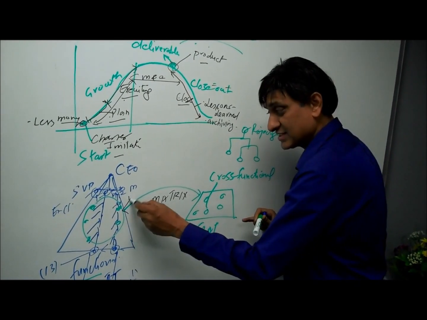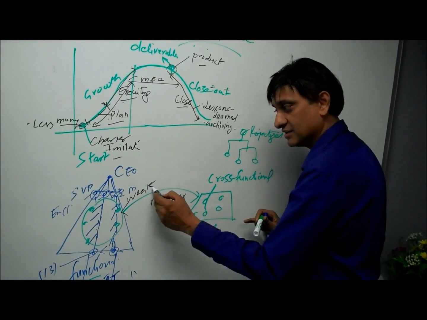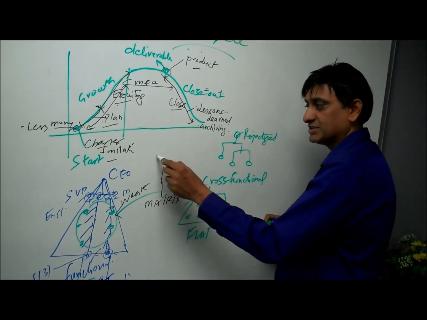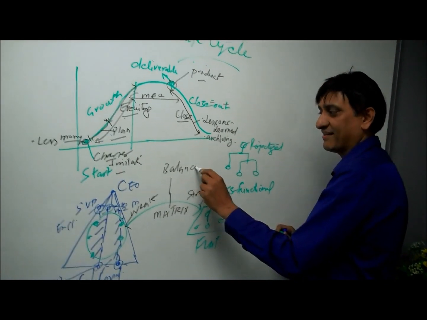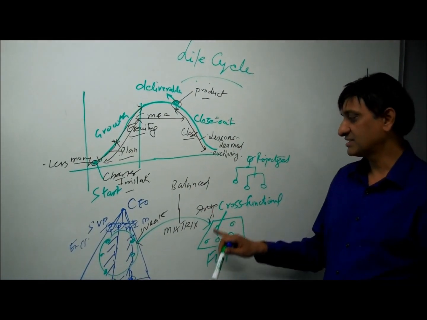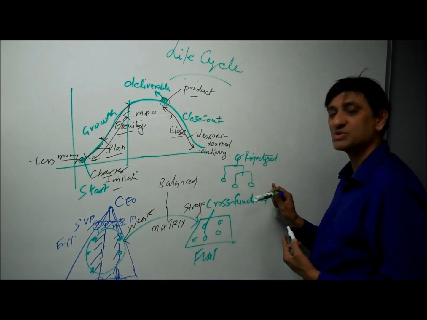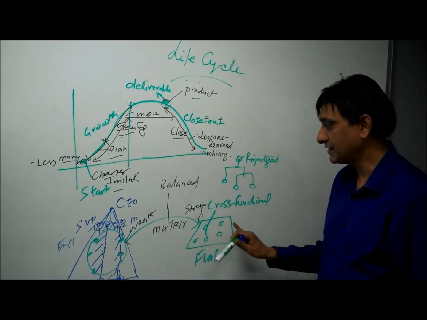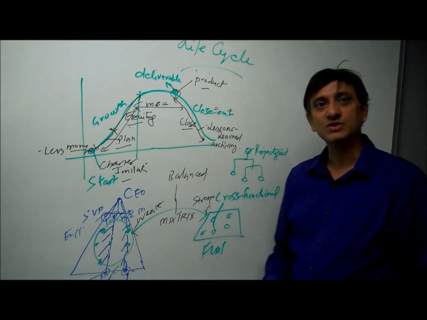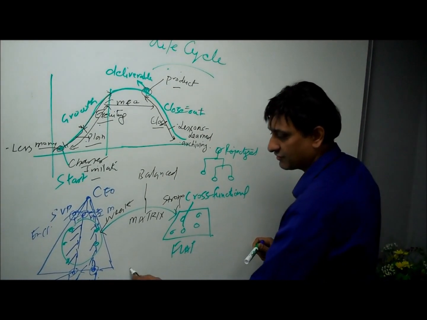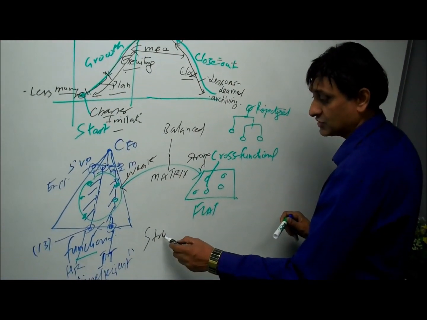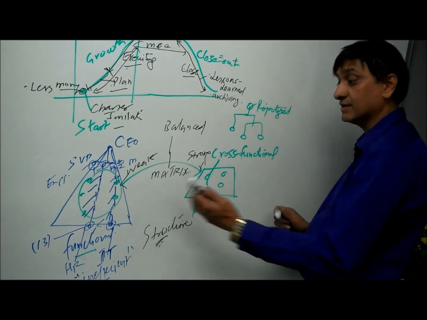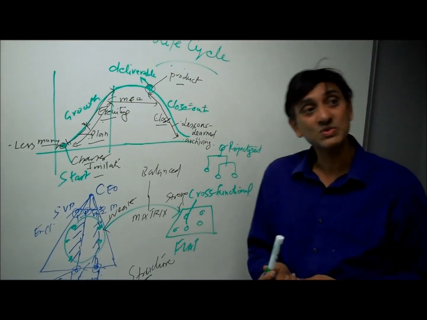It is a weak matrix if it is closer to functional. It is a strong matrix if it is closer to a flat structure, and it's a balanced matrix if it is in between. So in a strong matrix, the project manager is more powerful because they control the project budget and resources, and they have their own structure. And in a weak matrix, the functional manager controls them. So these are different structures of organization for project management. How do you implement projects in different structures? As a project manager, we need to understand that.